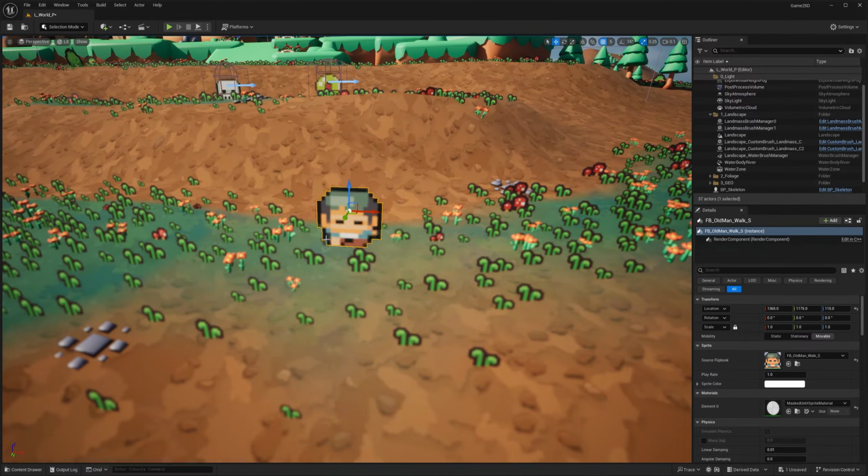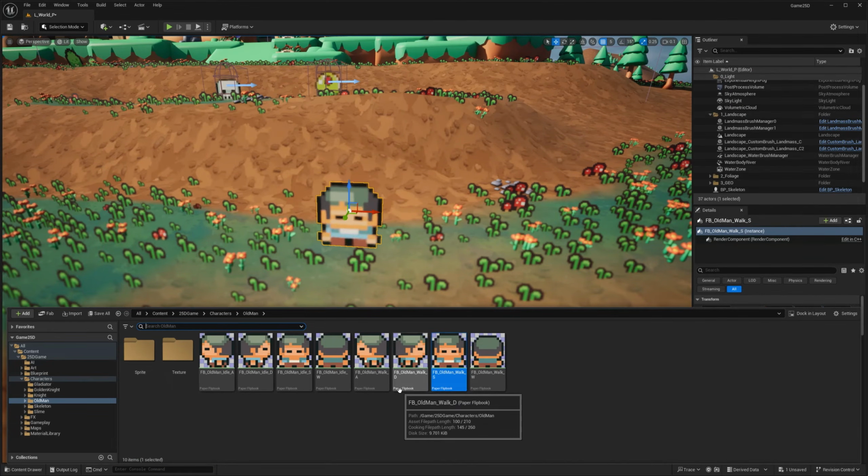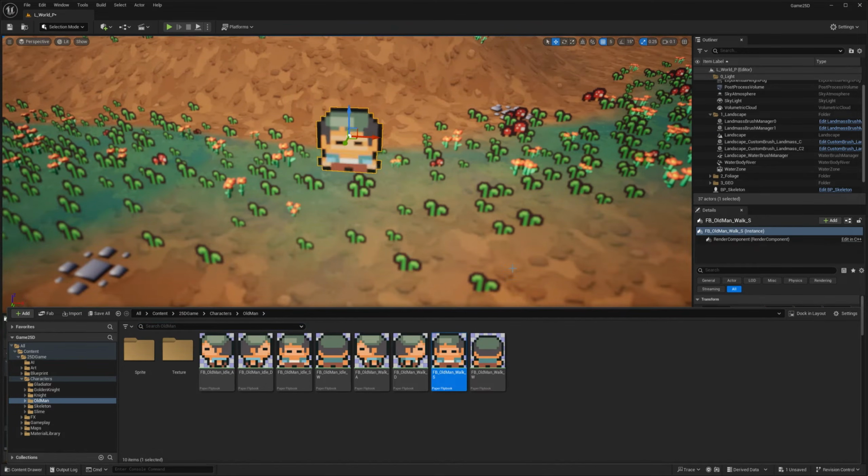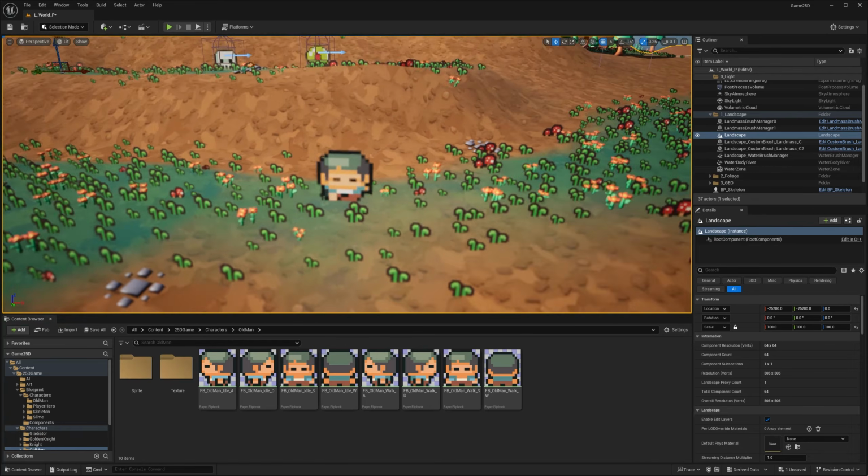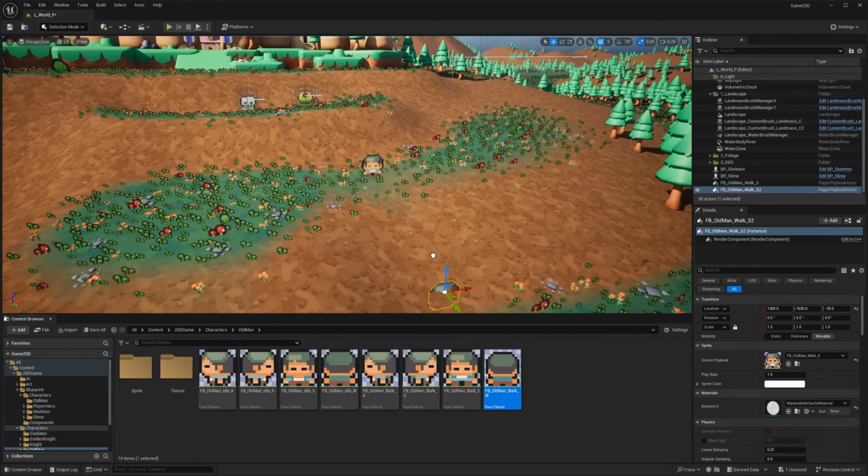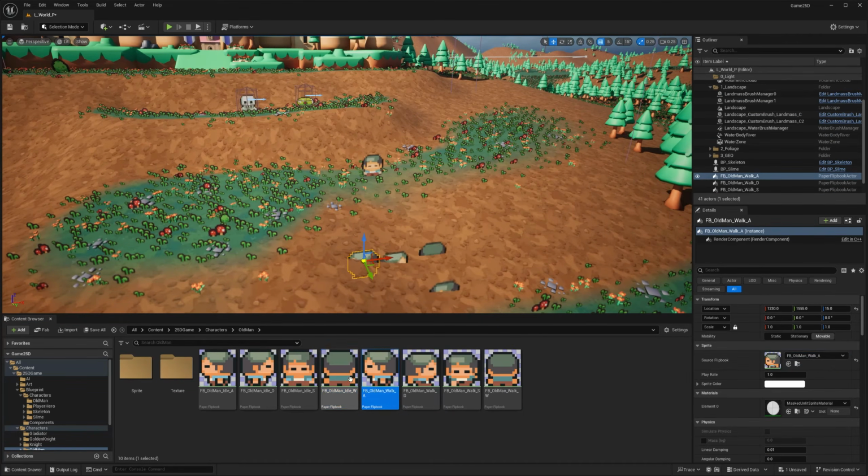What happened here is I dragged something to the viewport and my content drawer closed. This is a new thing that came with Unreal Engine 5. I do not like it. I like to have this always open. So what I do, and thank you Epic for this, they have a button called Dock in Layout. That way, look at that, that interface is always open. So I can just go crazy and start adding a bunch of old men to my scene. Okay? So I prefer to work like this.